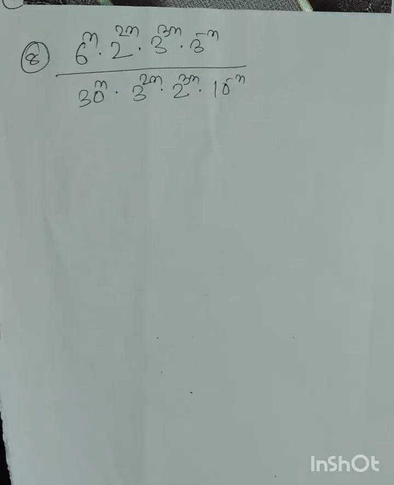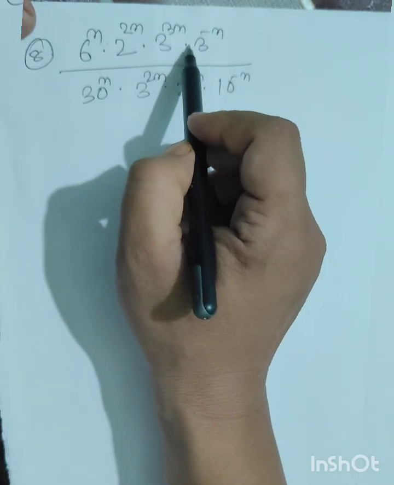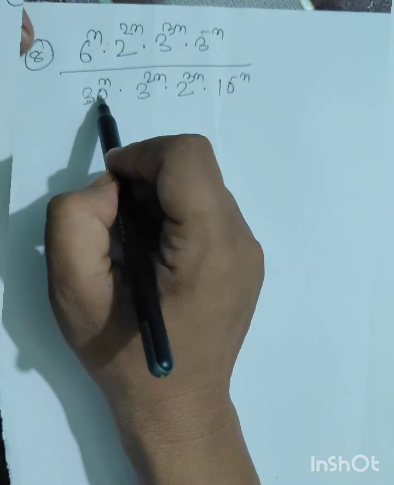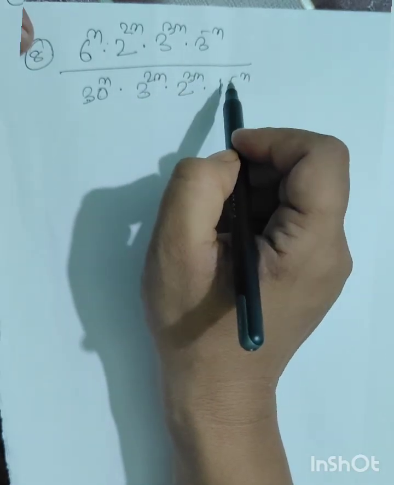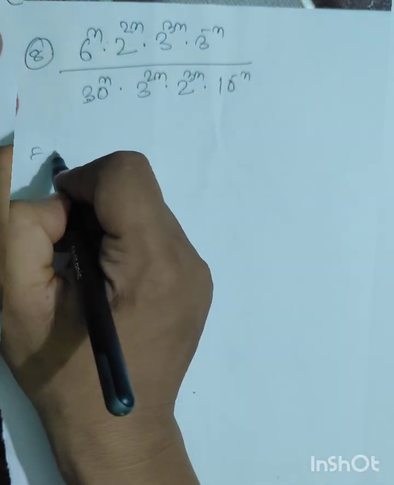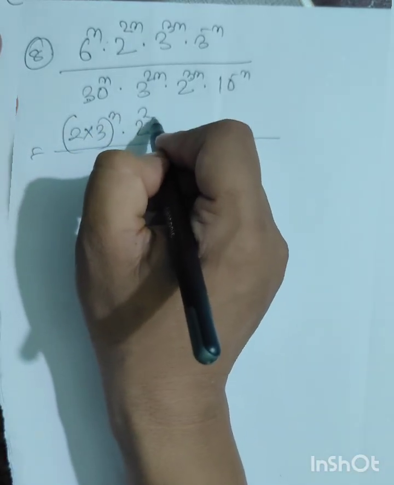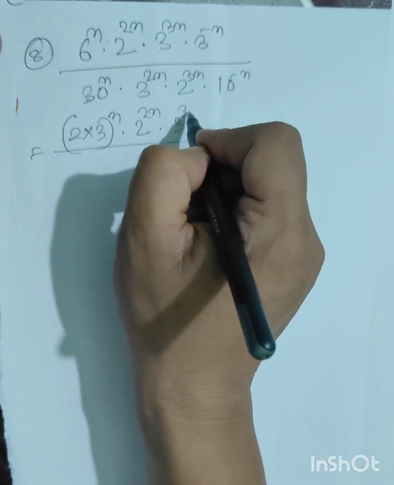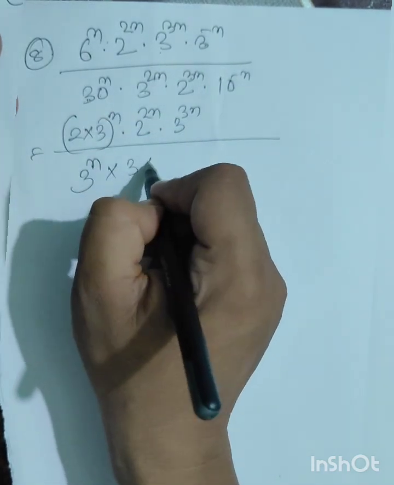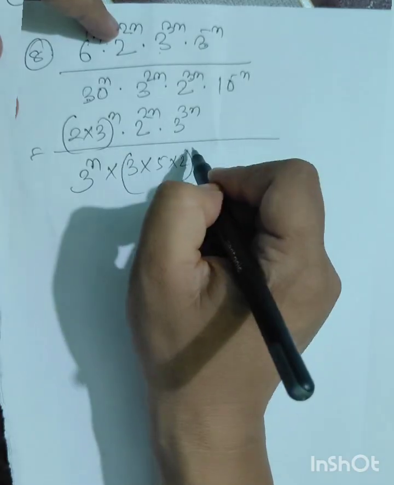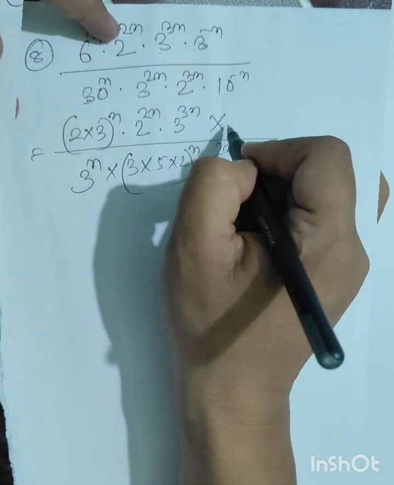এবার question number 8 আছে যে 6 to the power n into 2 to the power 2n into 3 to the power 3n into 3 to the power minus n by 32 to the power n into 3 to the power 2n to the power 3n into 10 to the power minus n. ইয়াৰ পৰা আমি লিখিম 6 টো ভাঙিম 2 পূৰণ 3 power n, 2 to the power 2n, 3 to the power 3n, 3 to the power minus n টো যদি তলত লিখো 3 to the power plus n. 32 যদি ভাঙি যাও 3 into 5 into 2 power n, 3 to the power 2n, 2 to the power 3n